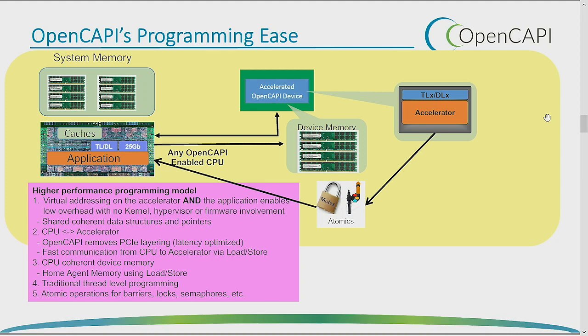We also need to integrate device memory into that same flat address space, right? So if you're writing code and you want to target an operation into device memory, or you want to target it into system memory, those should look the same to the programmer. So we need to provide a flat virtual address space and be able to integrate device memory into the same system map as the memory. So this is kind of how we see this heterogeneous world working.